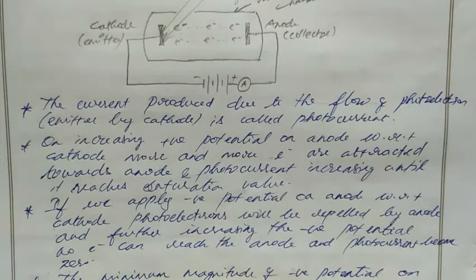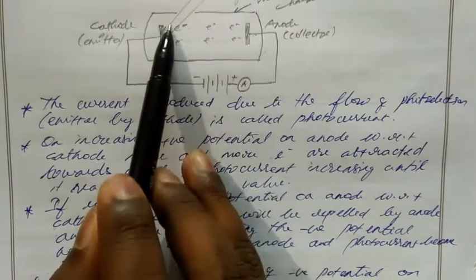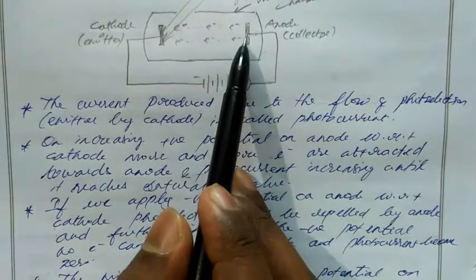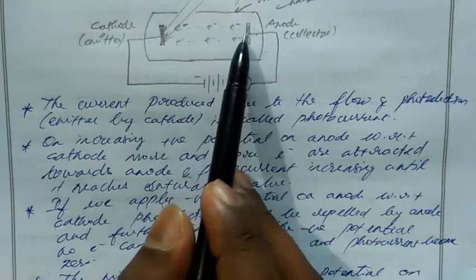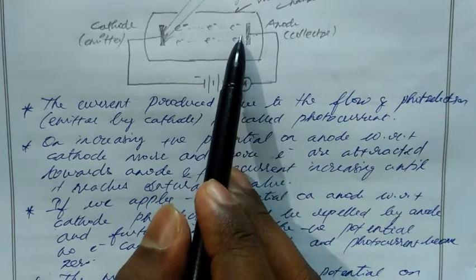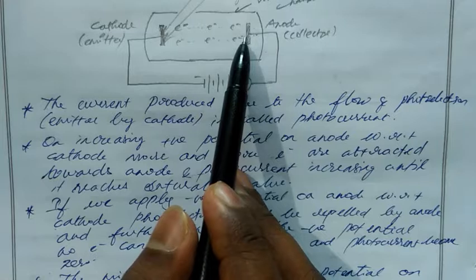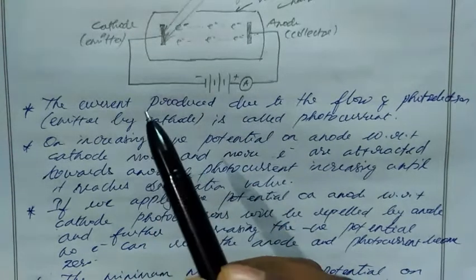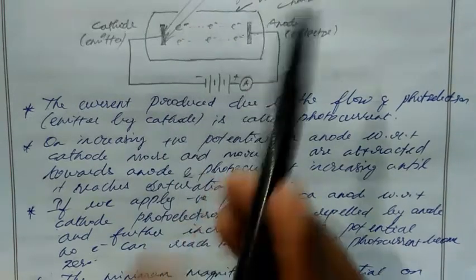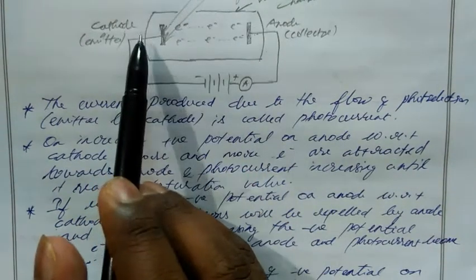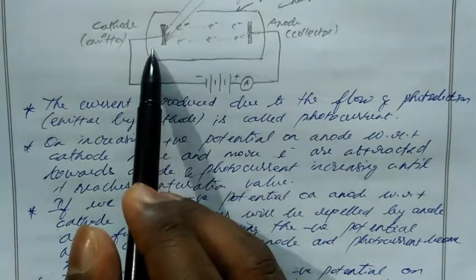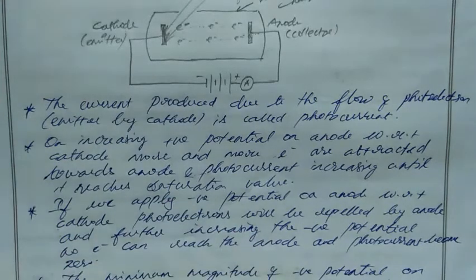Okay, so when we give 2 volt, then it repels all the electrons. If we give 4 volt, it has more strength, then no electron can come towards the anode. If we give 8 volt, then further it has more negative potential. Okay, so the initial potential, the minimum potential, that is 2 volt. 2 volt stops all the electrons and it brings the photocurrent to zero. So that 2 volt is known as stopping potential.